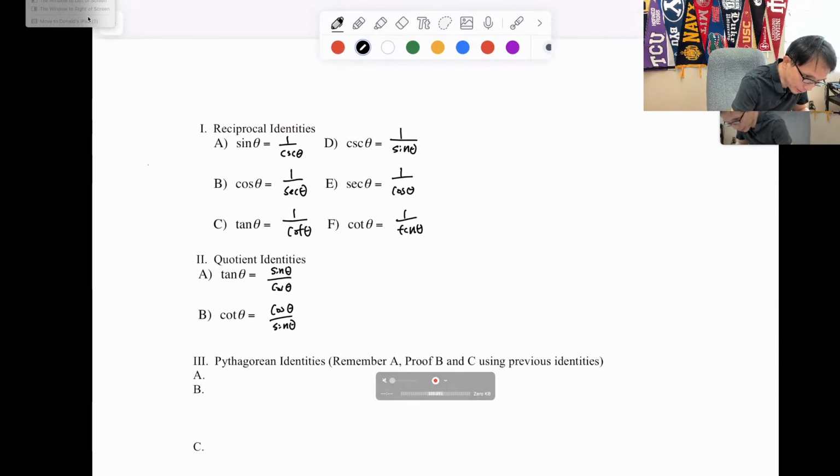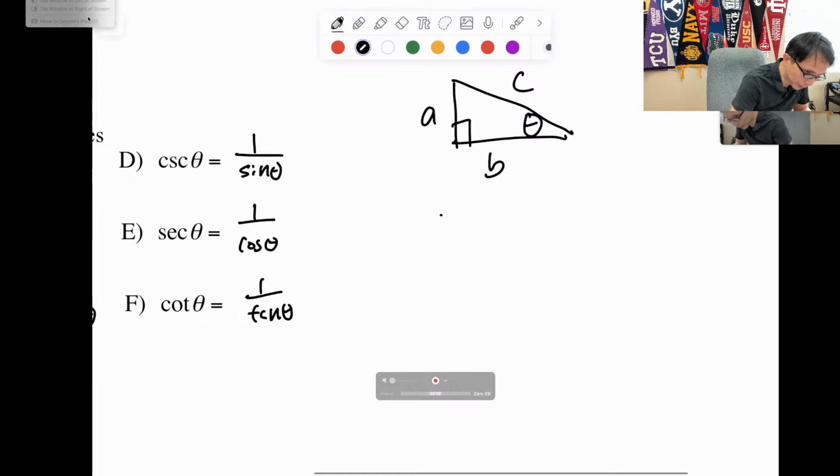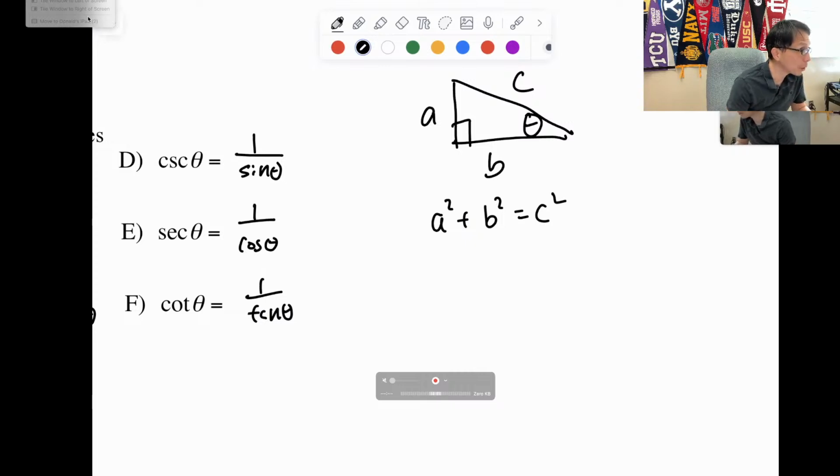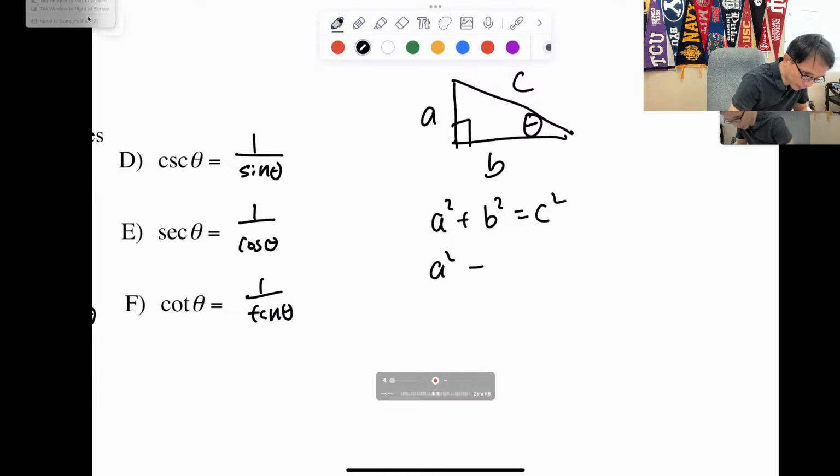The beginning is a right triangle, and it has a theta. This is A, this is B, this is C. The Pythagorean theorem is A squared plus B squared equals C squared. We know this, but this is not trigonometry. We're going to take this and divide it by C squared. Why? Because if I take A squared plus B squared equal to C squared and divide it by C squared on all of them,